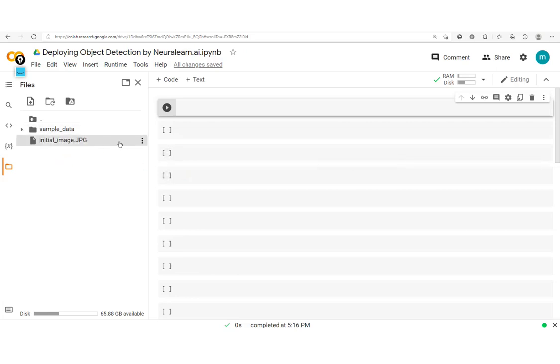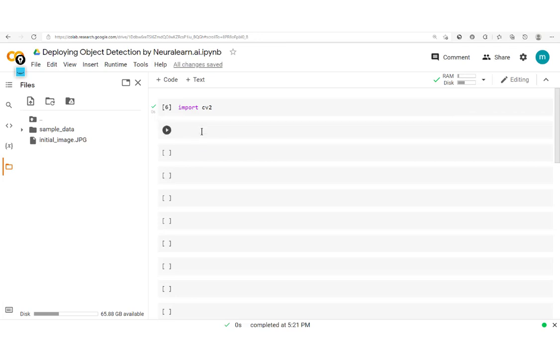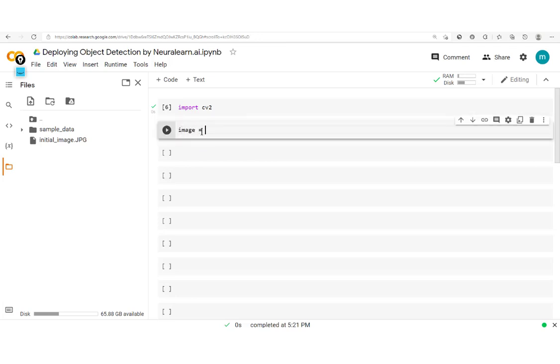Okay, so we have this initial image right here, and the way we work with OpenCV is very simple. We'll start by importing OpenCV, because on Colab this has already been installed. So all you need to do is import OpenCV. The way it's imported is actually cv2. So we have that, and then we run the cell. Once you run the cell, you can go ahead and read this image right here. So we have our image variable, and we do cv2.imread, image read, and then we pass in this file name right here, the initial